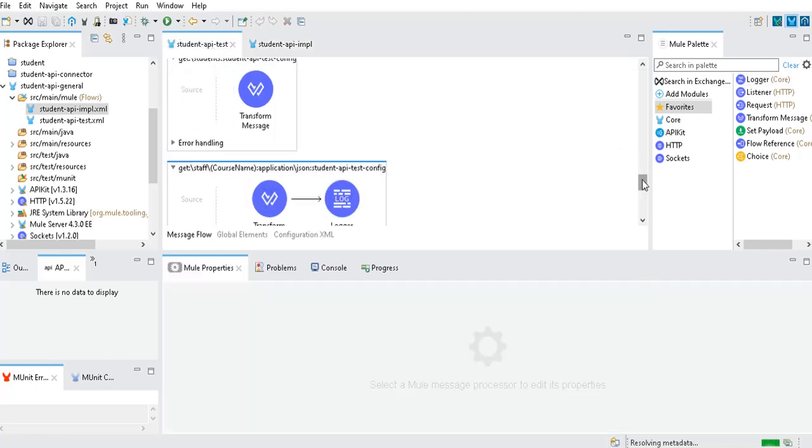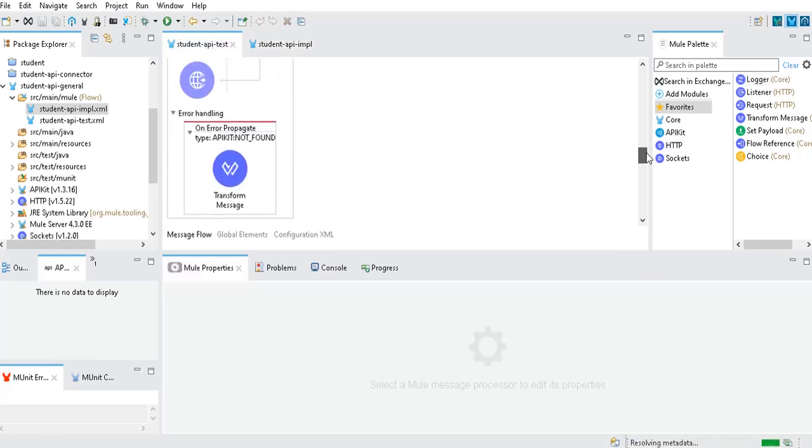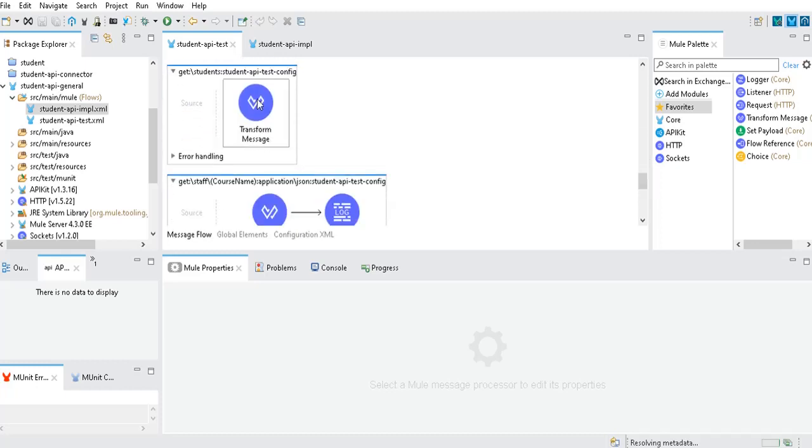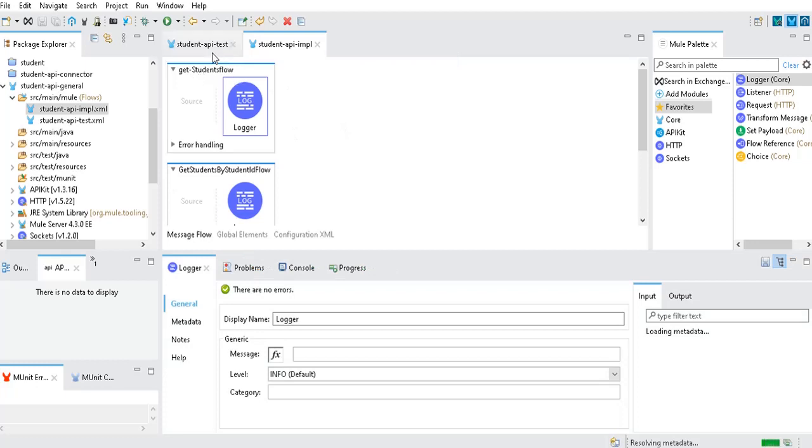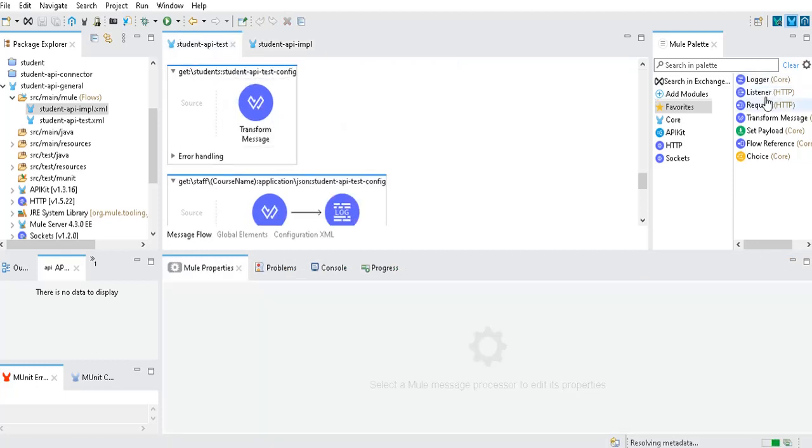In general, based on the resource mapping here, see get student, this is where we fetch all the student details. So I'm going to invoke this get students flow here by using flow reference.